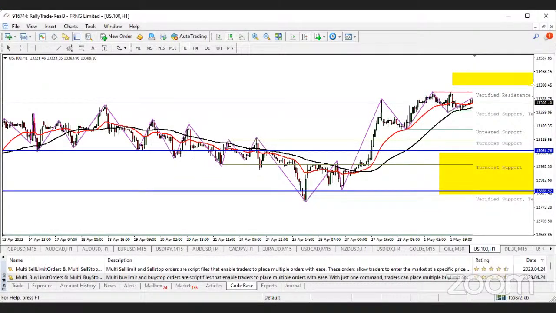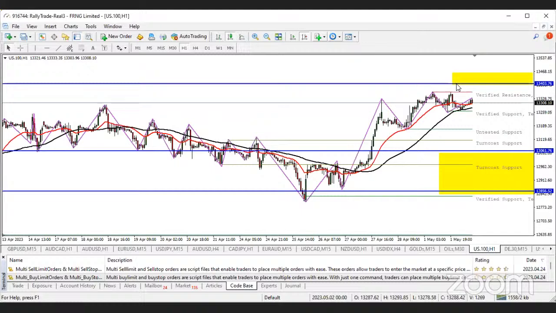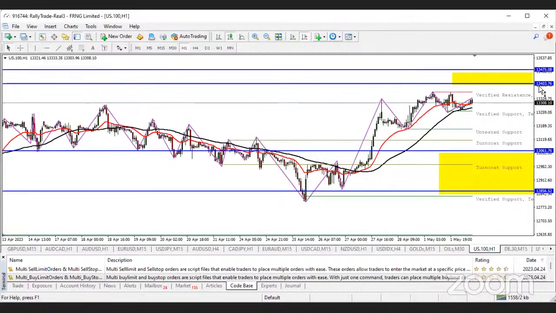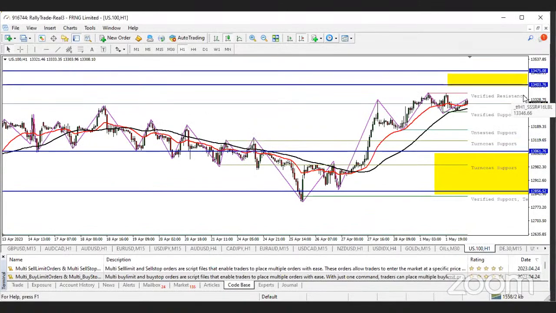Yes, if US 100 can break above that verified resistance, you get a clear confirmation candle that it has closed above that resistance. Remember that those resistances are not just lines, they are zones. So if it can break above those points and you get a clear bullish confirmation candle, then you can go forward for a buy trade around that particular zone. Between this zone, you can still extend your take profits, but I'm looking at a conservative buy.